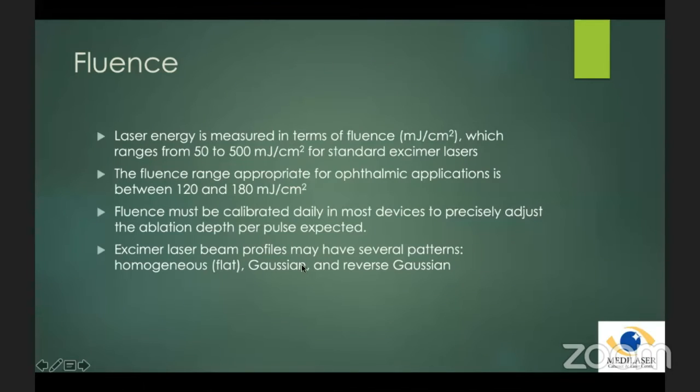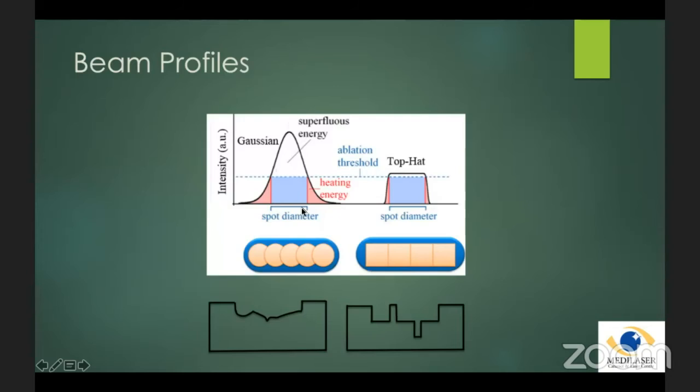The laser beam that is finally emitted by your machine can have either a homogeneous configuration or a Gaussian or reverse Gaussian profile. And what does that mean? This is the Gaussian profile, wherein the energy density of the fluence is maximum at the center of the beam and drops towards the periphery, whereas a homogeneous profile has a fluence that is equally distributed at all points. The earlier configurations had a top hat or a homogeneous pattern. Right at the bottom here, you see the figure wherein if the spots are slightly misplaced, a top hat configuration can lead to an irregular treatment, whereas with the Gaussian pattern, even if there's slight displacement of the spots, it still gives a more regular or smoother ablation profile.